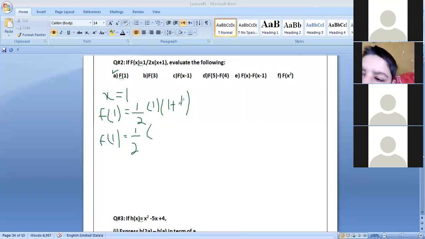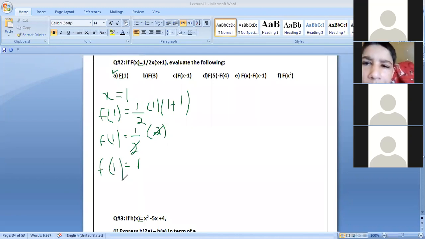Okay, and now 1 plus 1 becomes 2. And cancel from 2. 2 से क्या हो गया? Cancel हो गया. And the answer we will have is only 1, क्योंकि हमारे पास this is the answer of f of 1. Part A का आंसर ये था. Is there any confusion? साकिब, और जो बासित, no problem. Okay. Part B is same, so it is homework. Part C देखते हैं. Okay class, let's see part C.